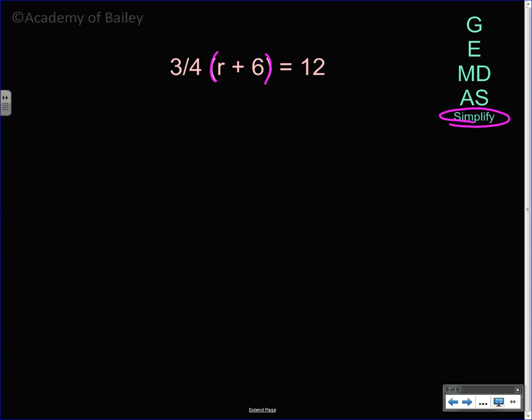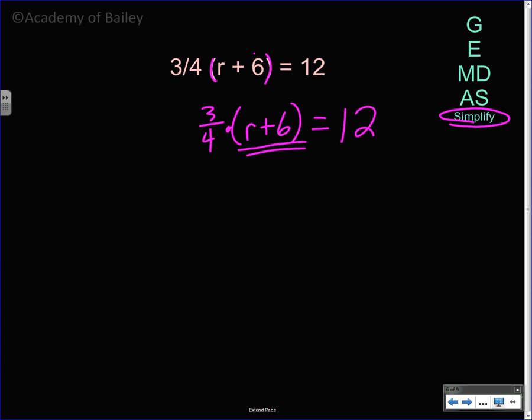Two ways to do it. First way, you have 3/4 outside the parentheses. You have r plus 6 inside the parentheses, and all that's equal to 12. First off, you could say, well, you could distribute if you wanted to, which is going to be the second method that I'm going to show you. First method I'm going to show you is, well, here is